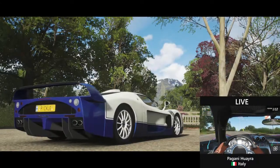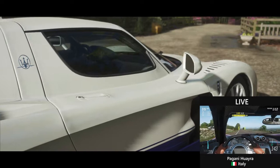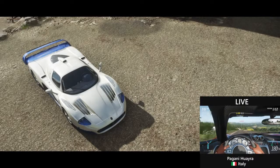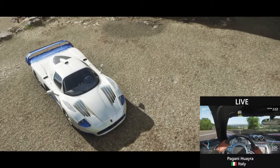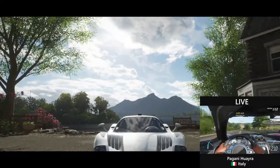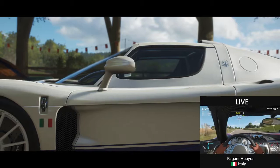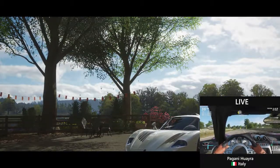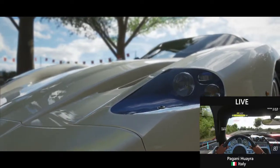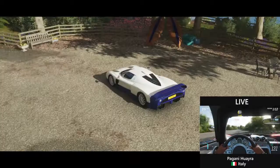And next up is the 2004 Maserati MC12. Dating all the way back to 1914, Maserati has had a rich racing history as well as with the production of many sports cars over the decades. The MC12 was debuted in 2004 as Maserati sought to return to racing after 37 years, looking to enter into the FIA GT Championship, which had been previously in the 90s, had seen legendary cars such as the Porsche 911 GT1 and the McLaren F1 GT, which we've already seen in this qualifier. But the MC12, though, was developed in 2004 as the road-going version of the MC12 Versione Corsa, which was entered into the FIA GT Championship, as well as the American Le Mans Series races in 2004 and 2005 to good